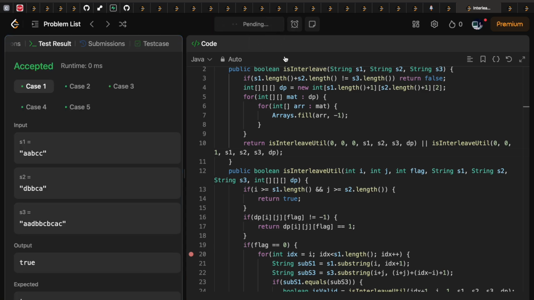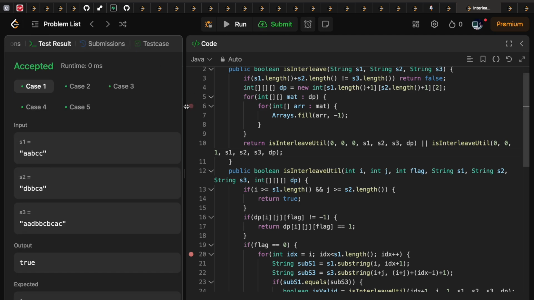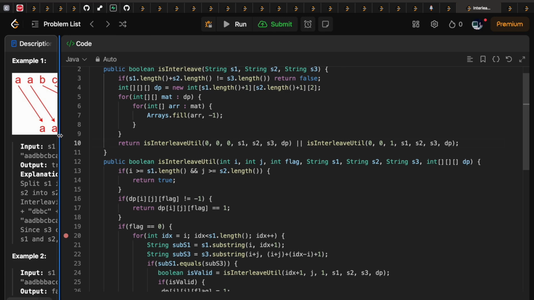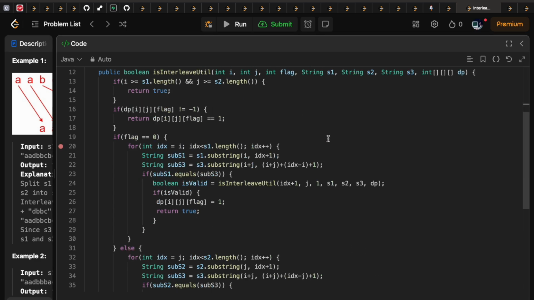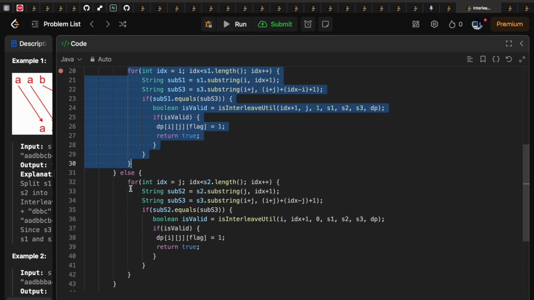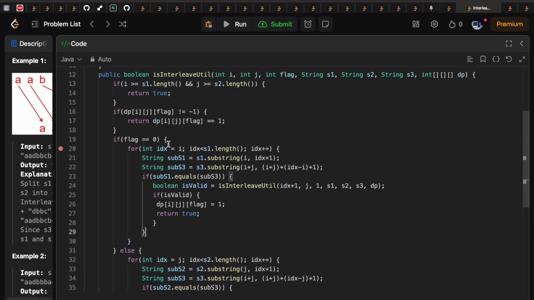Let's submit it now. Okay, our solution got accepted. So let's see if we can make some optimization. Basically we have started from the 0th string and also the 1st string, so this part of the code is redundant. So what we can do is